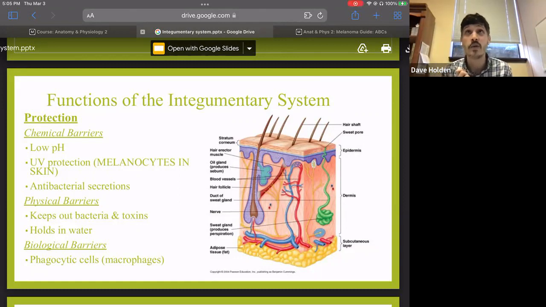Because if we didn't have skin, we would lose so much water through evaporation, and your body would just desiccate. It also provides biological barriers, generally the presence of your phagocytic cells. So in the event that the skin does get breached, there's plenty of white blood cells just below the surface of the skin, so that any bad guys or pathogens that enter the body will quickly be